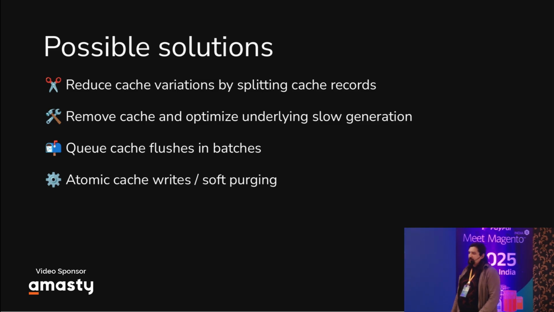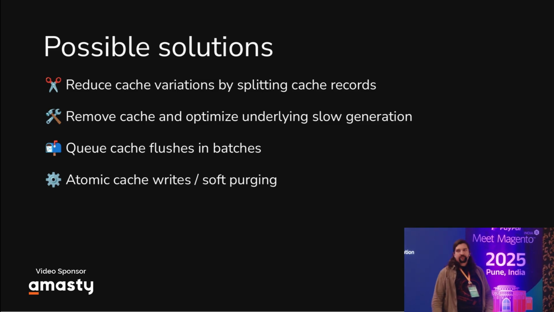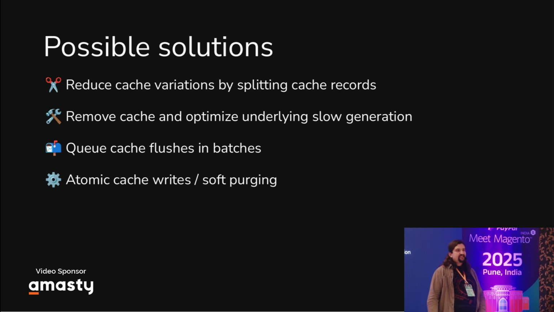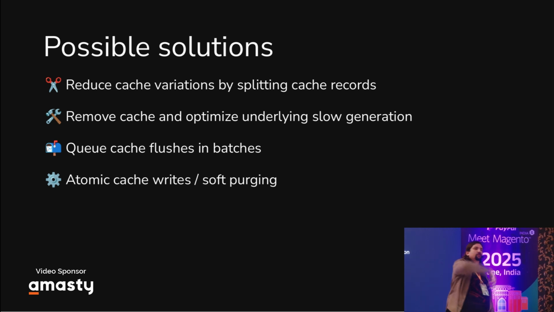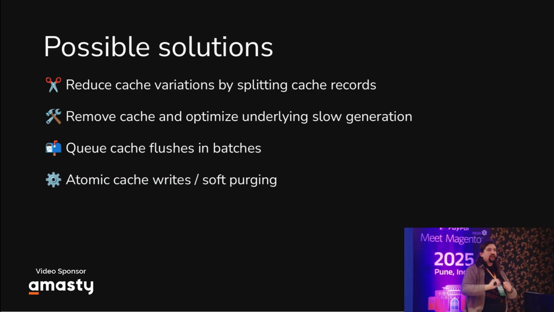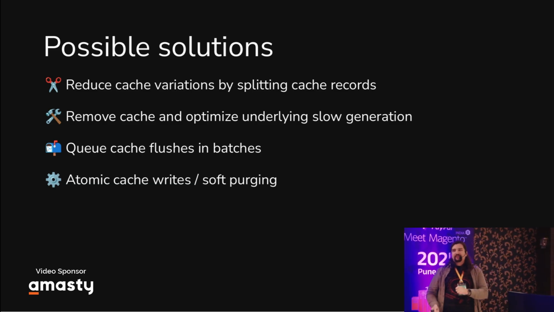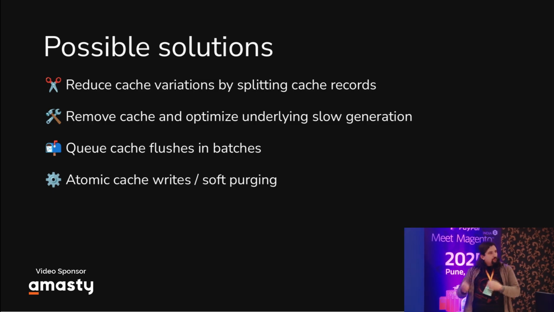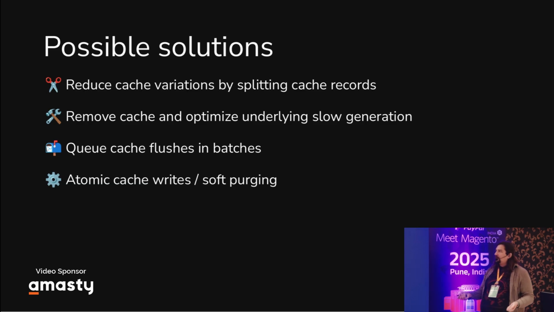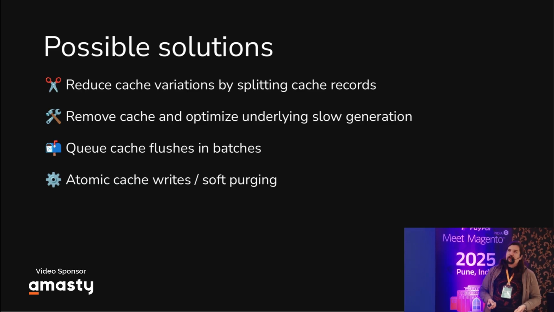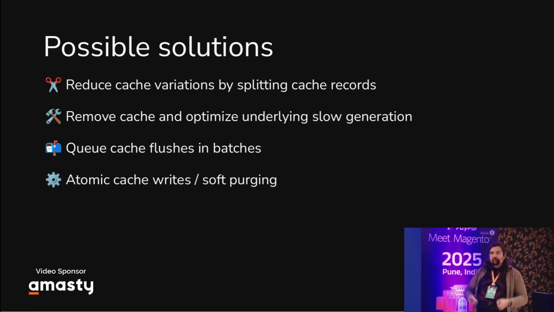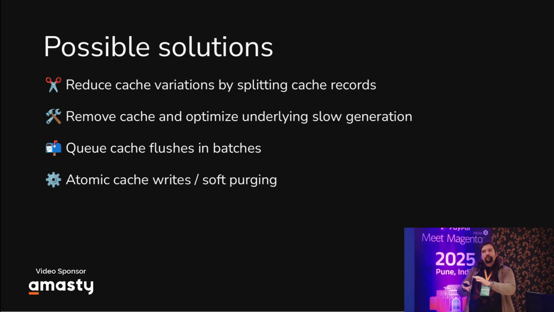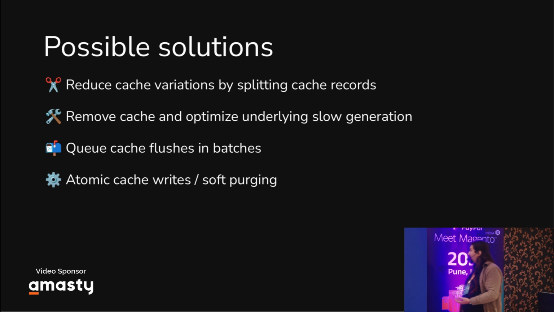Another thing is, of course, you should batch cache flushes together, because sometimes you have async events coming over from an external system, and then you are flushing the cache all the time because you do it one by one, and then you never have a stable website because you are all the time hitting some cold cache storage. So it's better to take a look. In Magento, you can specify a merge strategy for consumers, and you can write small customizations to batch together all of those consumer messages that update everything at the same time.